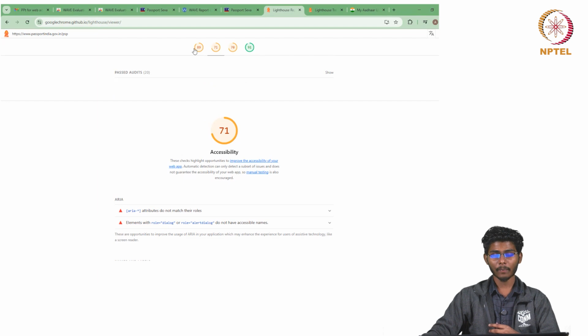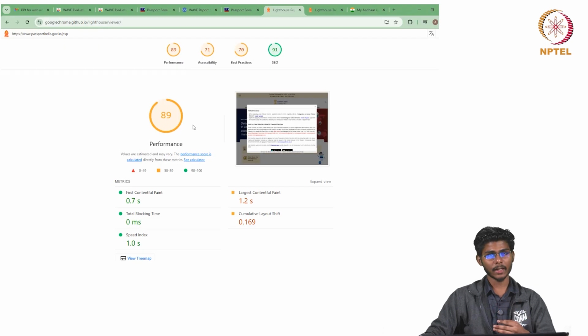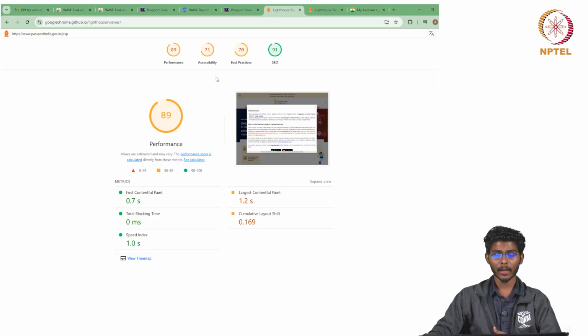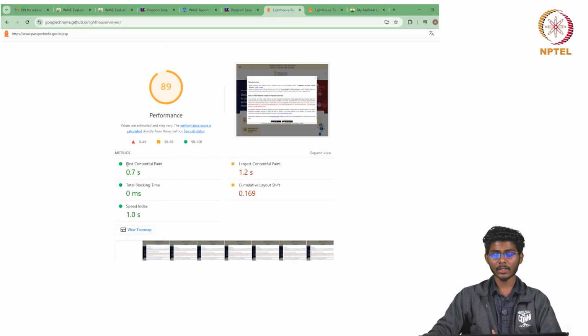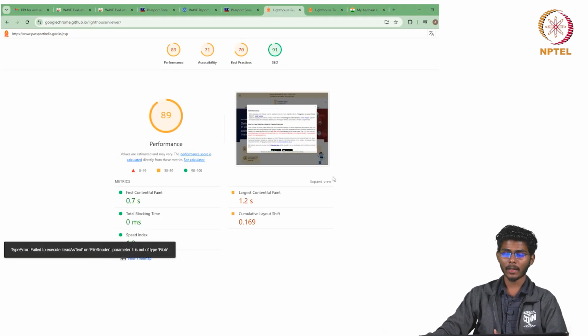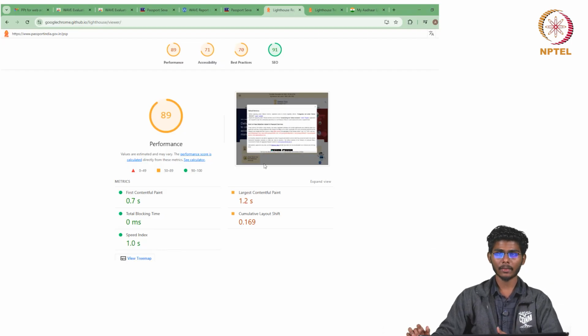As you can see, for the performance some audits are run, and for the accessibility some audits are run. So, how many audits are passed and how many are ignored, etc. Performance is basically the whole performance of the interface according to these metrics, and the accessibility score is generally how much the elements are aligned, how proper the alignments are made in the website and all.